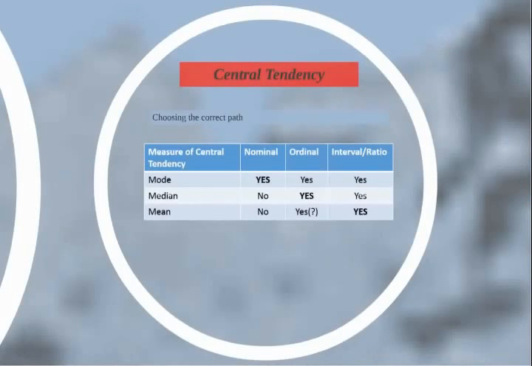So it's necessary to understand which measure of central tendency to use for what variables. And so this little table here identifies which measures of central tendency are the most appropriate and under what conditions. The dark bolded yeses identify the most appropriate measure of central tendency. The non-bolded yeses identify that measure of central tendency is appropriate for those scales. No's mean you do not want to use that for that scale. It's completely inappropriate. And then the yes with a question mark, that one's sort of interesting, because particularly in the